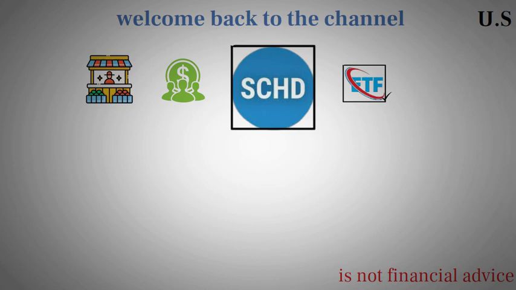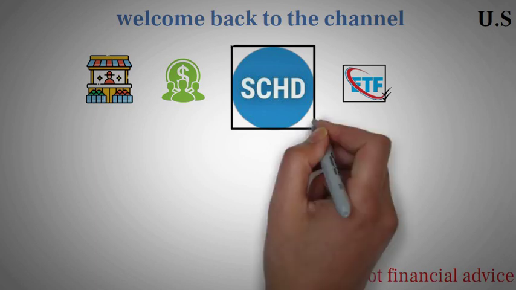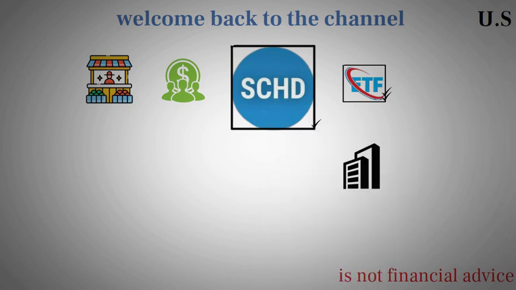SCHD, or the Schwab U.S. Dividend Equity ETF, is essentially an exchange-traded fund that aims to replicate the performance of the Dow Jones U.S. Dividend 100 Index. This index consists of 100 U.S. companies with a track record of consistently paying dividends. What's unique about SCHD is its screening process. It doesn't just include any company that pays dividends, it looks for companies that have strong balance sheets, robust profitability, and consistent dividend histories. This approach helps ensure that investors are exposed to high-quality, financially stable companies rather than risky